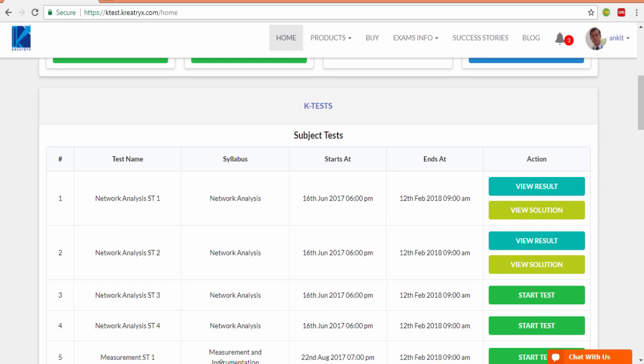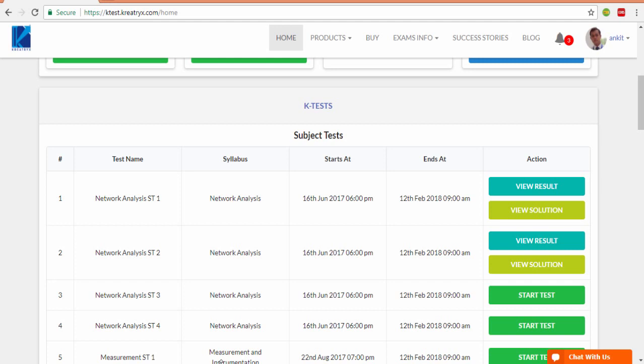So let us take an example of one subject. This can be any subject. See, other branches, do not get demotivated that I am going for an electrical subject. See, I am from electrical, so it will be natural for me to deal with electrical, but I'll tell you the whole process that you have to follow in addition to giving tests, so that you can also copy the same process in the other subjects as well as other branches.